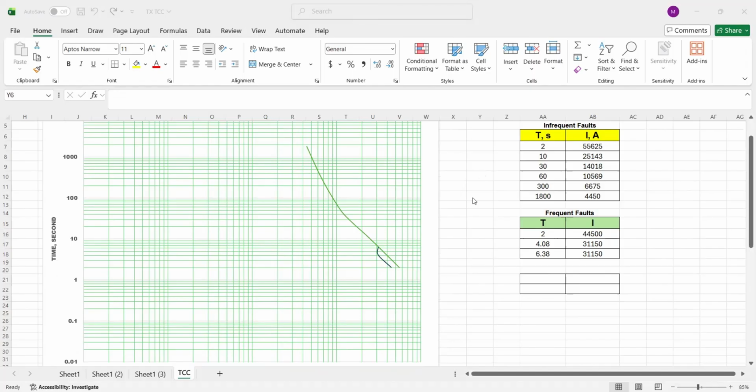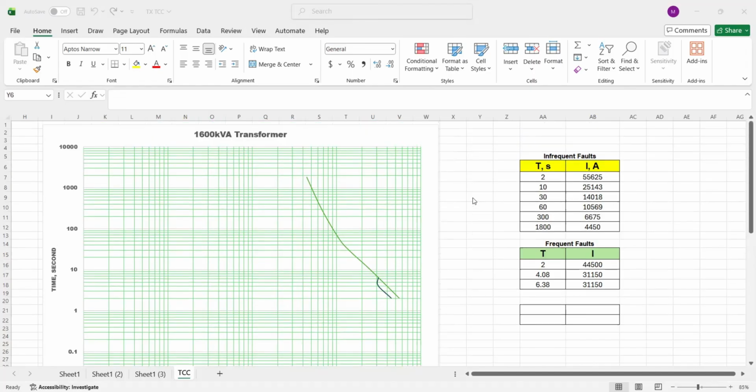So here in this video, we are going to discuss only a correction for the plotting of the TCC curve of the transformer, as what we have done in our previous video.